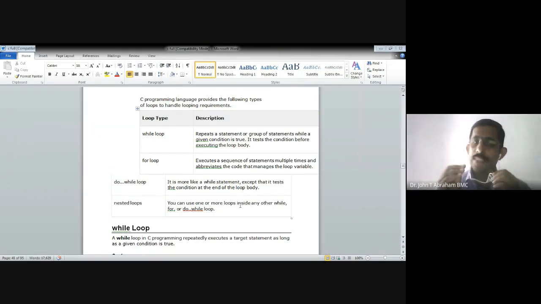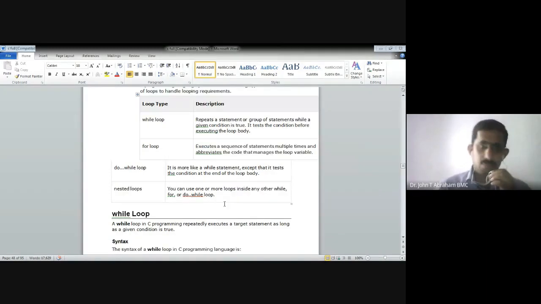For loop is a somewhat similar case, but it executes multiple times based on a loop variable or control variable. Based on the value of the loop variable, the loop will execute again and again. Do while loop is a somewhat similar case, but some changes are there, which we will see, namely the condition checking. Nested loops means a loop within another loop. Okay, one by one we can see.